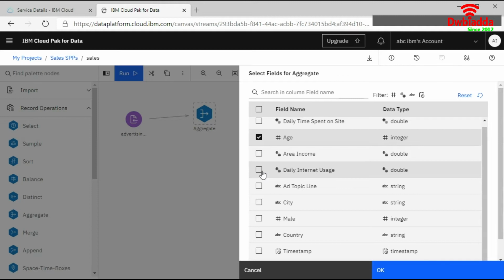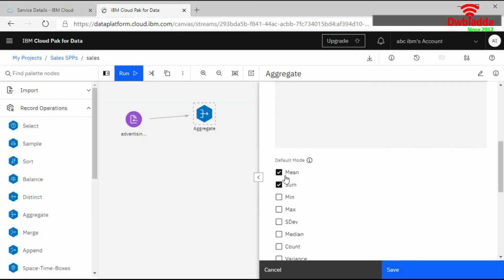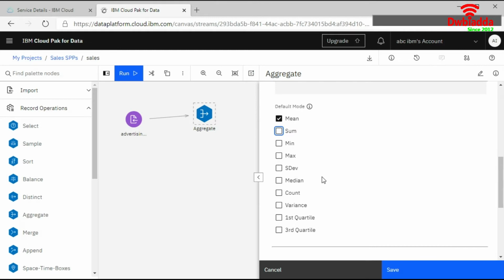If you have a discrete or ordinal type, we prefer the mode way. So for example, I have chosen the mean and sum. If I only want to take the mean of this one, I can choose this one. And if I want the median, I can choose that one as well.